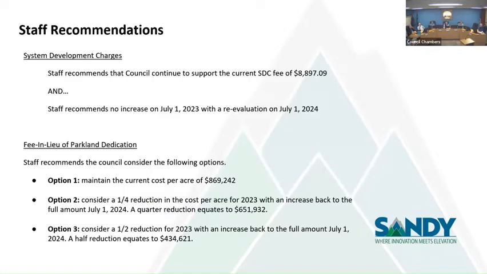That is the quick overview of Parks SDCs and fee in lieu. Staff would like to make a couple of recommendations for council's consideration. The first one is around system development charges. We recommend that the council discuss and perhaps support the SDC fee in lieu of the maximum reimbursement of